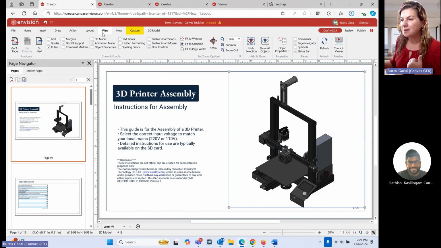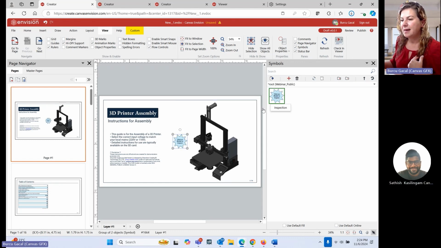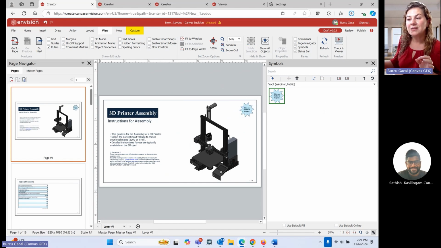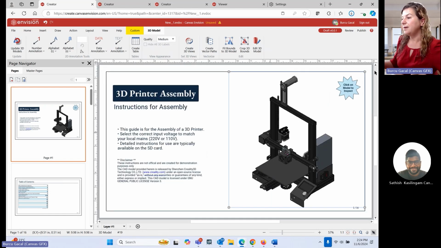But sometimes what my customers do, for example, is click on a symbol like this and simply put that in there as an anecdote for the end user to understand that it's 3D data. And that is extremely cool because not everybody is used to the 3D marks or the Envision documentation. So you could definitely help them understand what they're looking at, and then click on the model to inspect further. So if I actually go ahead and put this